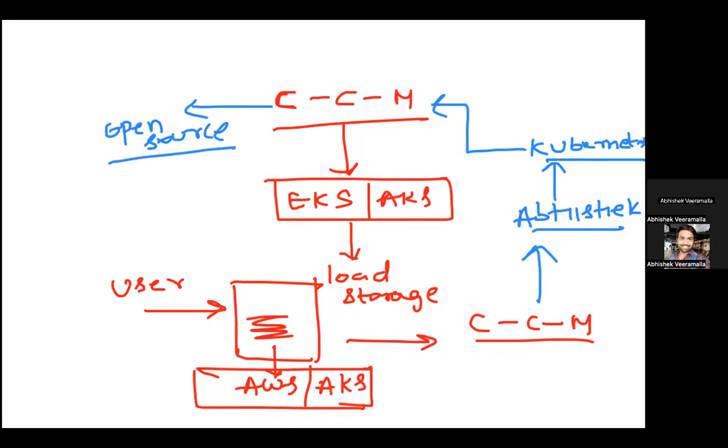Tomorrow if Abhishek creates a new cloud provider, what Abhishek can do is he can go to this open source GitHub repository and he can write the logic for his cloud provider inside this cloud controller manager. He can create a pull request to the cloud controller manager saying that, okay, I have implemented a new cloud and I want to support Kubernetes on my cloud provider. So for that reason, Abhishek has to write a bunch of logic and submit it to the cloud controller manager.